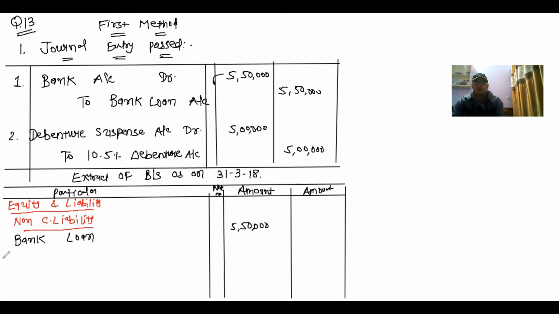So bank loan 5,50,000, and there is another loan, that is long term borrowings, that is